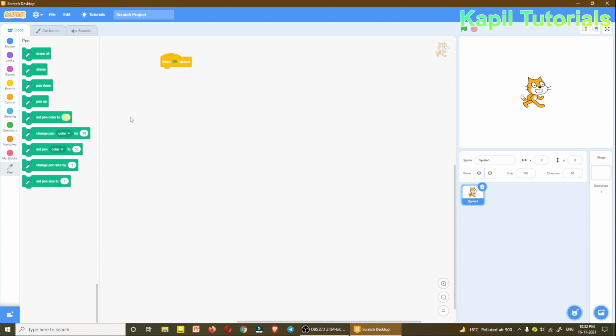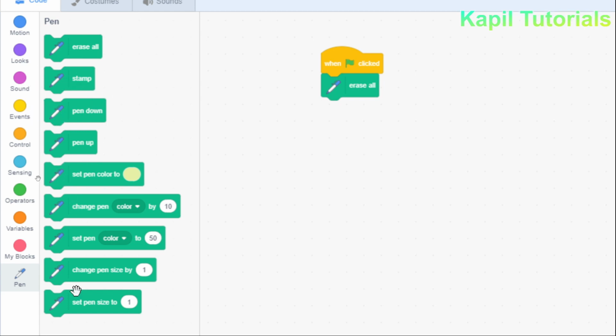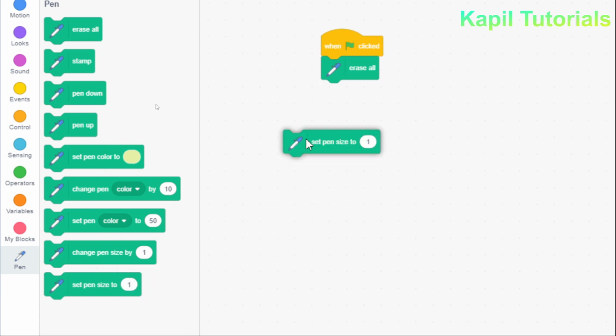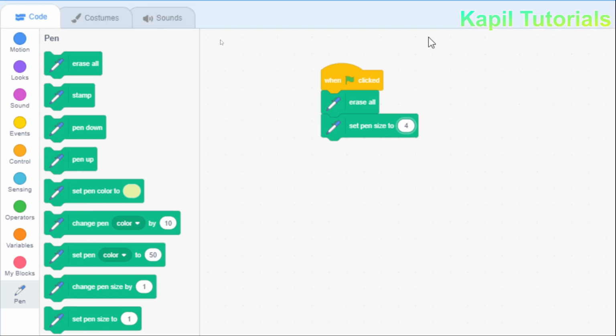Now I'll choose erase all, and after this I'll select set pen size just to increase the width of the border. I'm making it 4, could be 5, it depends upon my need.